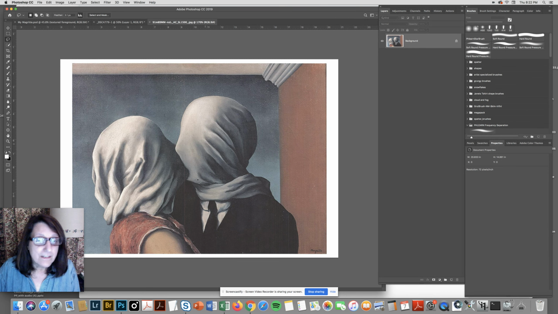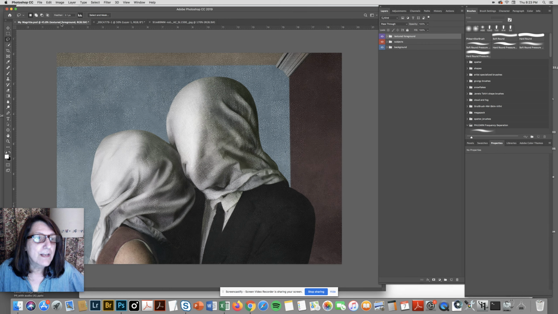It only has a couple of main elements. It has the couple, and they have these white things on their heads. And then we have this corner of a room with a crown molding. The colors relate to each other. I love this blue and kind of pinky maroon color. I thought they were beautiful, and beige up here, and then white. So I thought it would be fairly simple to recreate. And so what I ended up doing